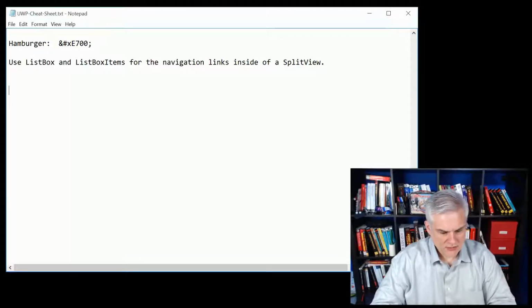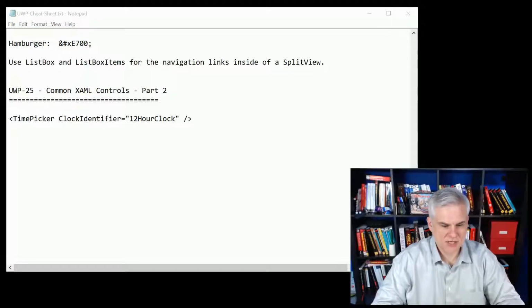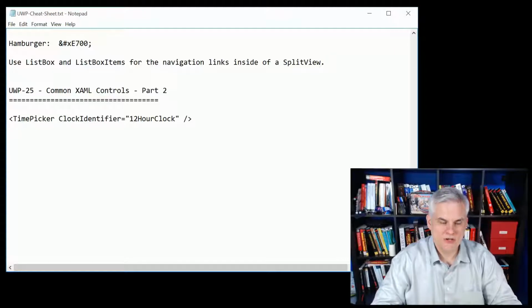All right, so let's go ahead and add to what we previously had here, looking at lesson number 25, talking about some of the additional common controls in XAML. Looked at the time picker. We noticed that it had a special clock identifier that allowed us to create AM PM versus military time clocks